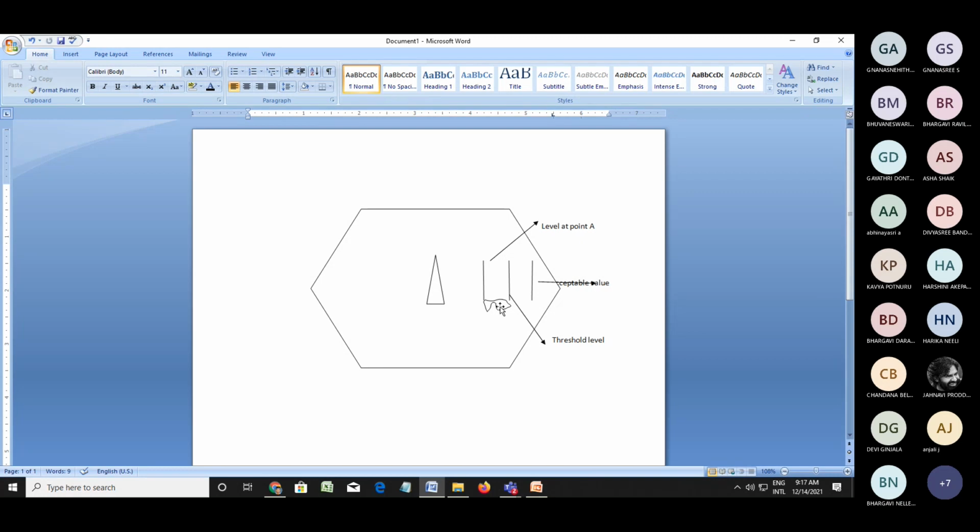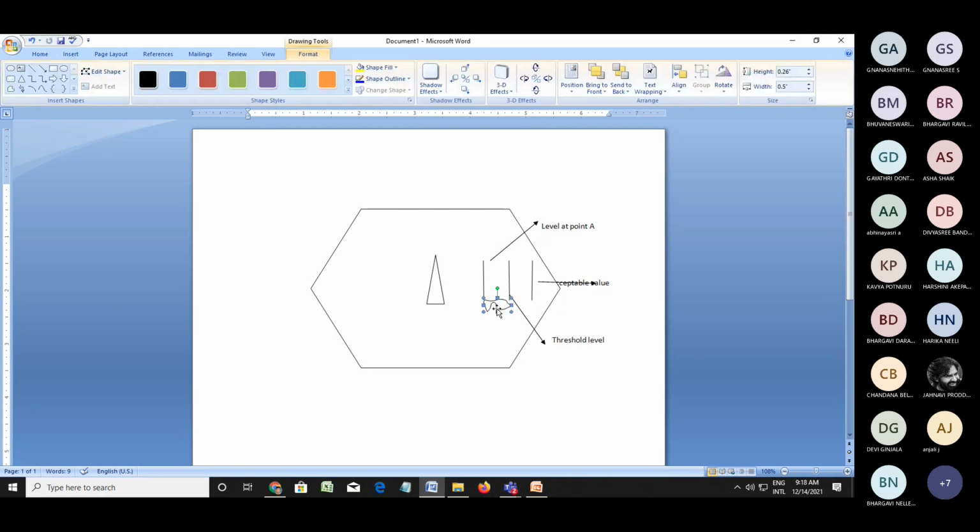Whenever the mobile unit reaches the threshold level, the base station knows the signal strength in that particular mobile has decreased, so we want to give another channel or another base station signal. If not done, no issue. Then the mobile goes on to the minimum acceptable value. Up to the minimum acceptable value, we still receive signal. There is no issue. Again, the second time, once the mobile unit reaches the minimum acceptable value, a second handoff should be raised.